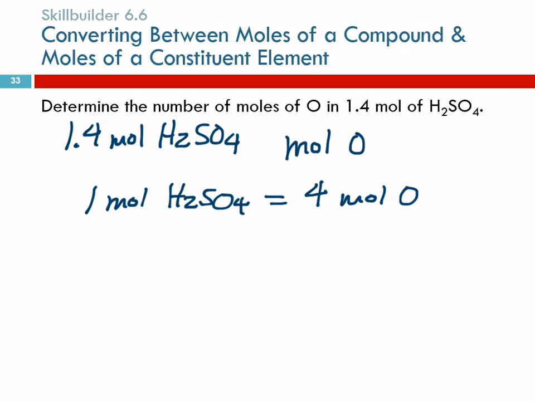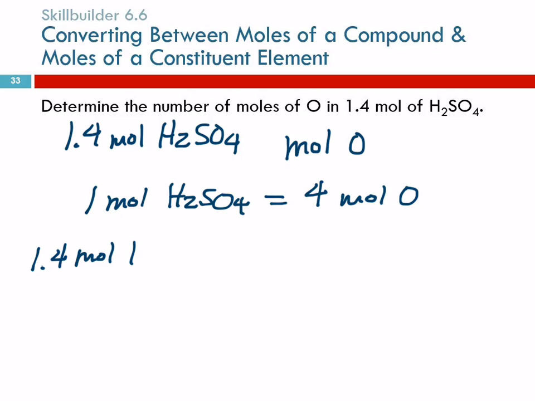A lot like 4-leaf clovers or chairs or something. How many legs on a chair? 4 legs is 1 chair. A dozen chairs would have 4 dozen legs, right? Mole is just a unit like a dozen. It's a counting unit. 1 of these has 4 of those. So 1 mole of H2SO4 has 4 moles of oxygen. That's our conversion factor. So we start with 1.4